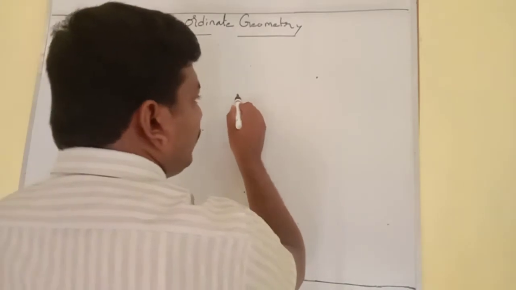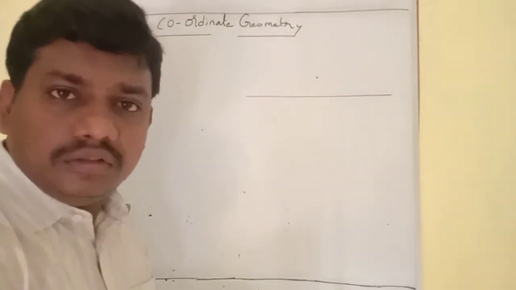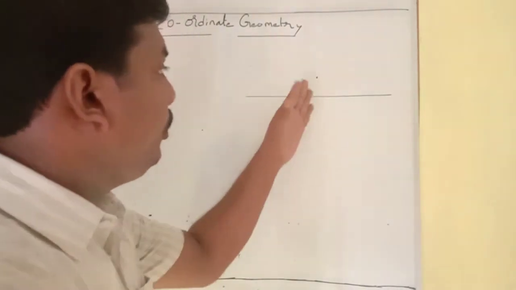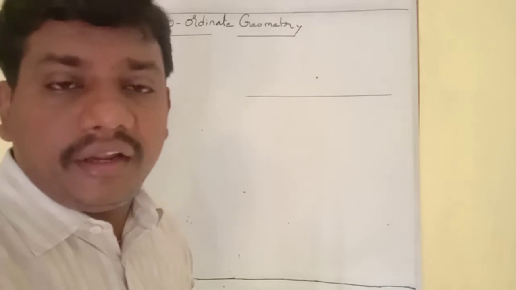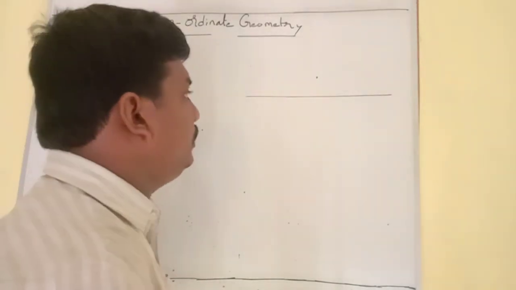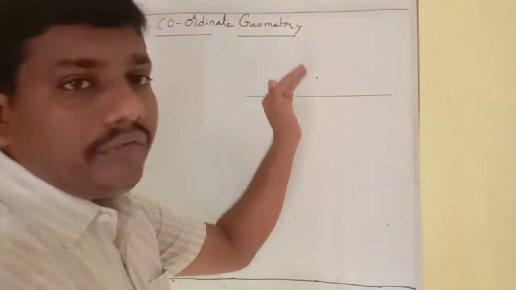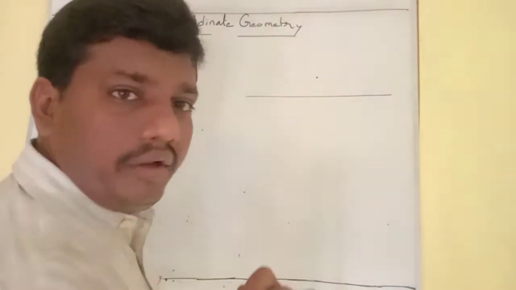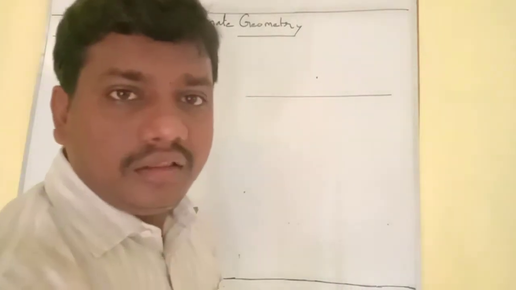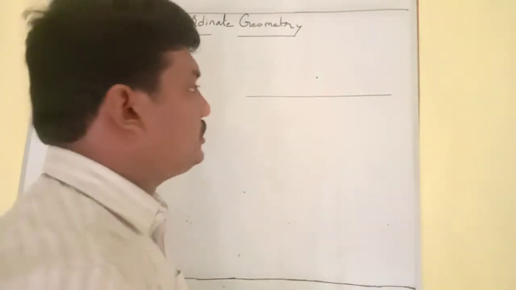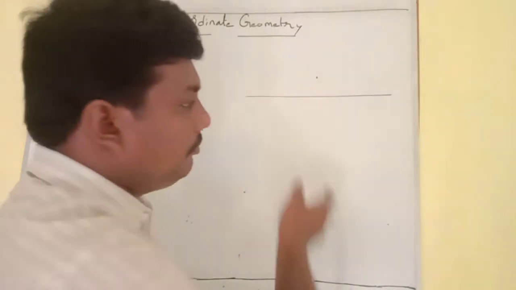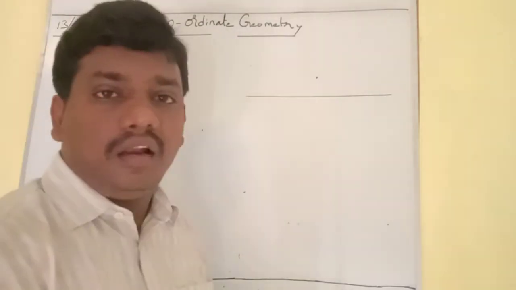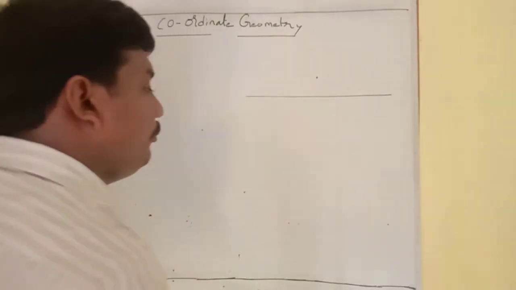Suppose I draw a horizontal reference line like this. Now I can say that the point is above the reference line. The plane will be divided into two parts by drawing a horizontal line: one above the horizontal line and one below it. Now our point is above the horizontal line.